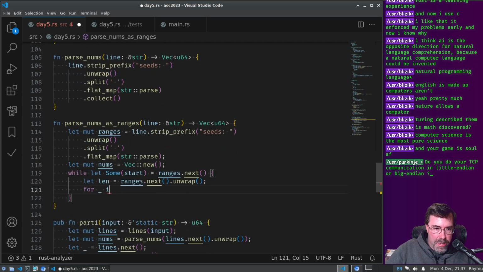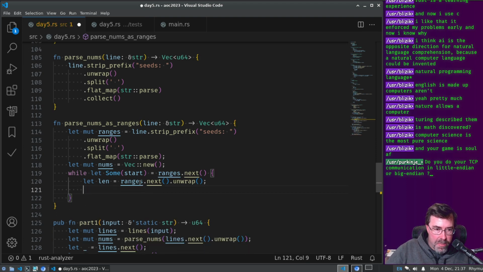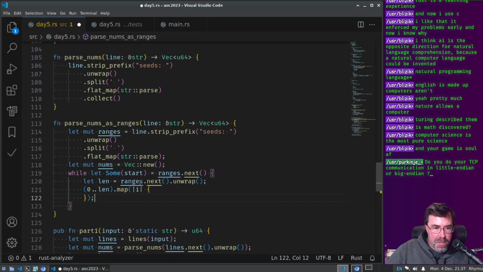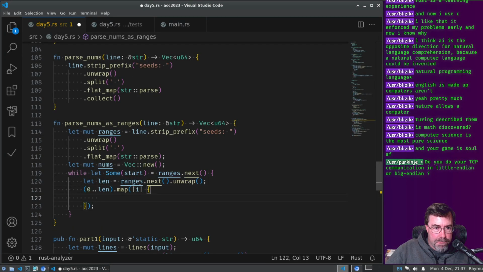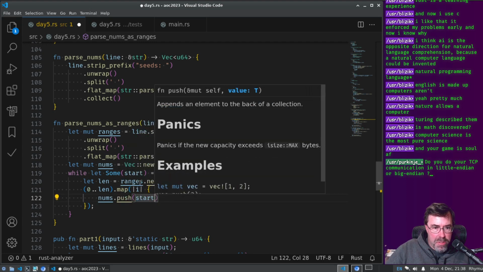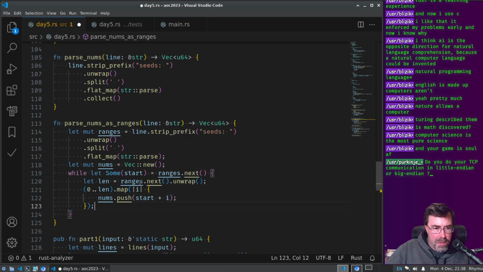So for blank in 0 to length. Actually, I do need that number. Take that back. So if I do map it, it's an i. nums.push start plus i.